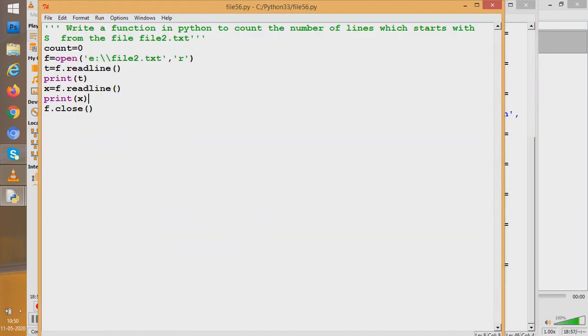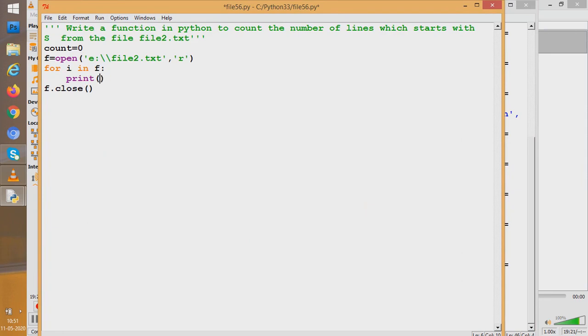There is one more way to read lines one by one. What is that way? Let us see. We can write for i in f, the name of the file object. Now you will have to write print(i).